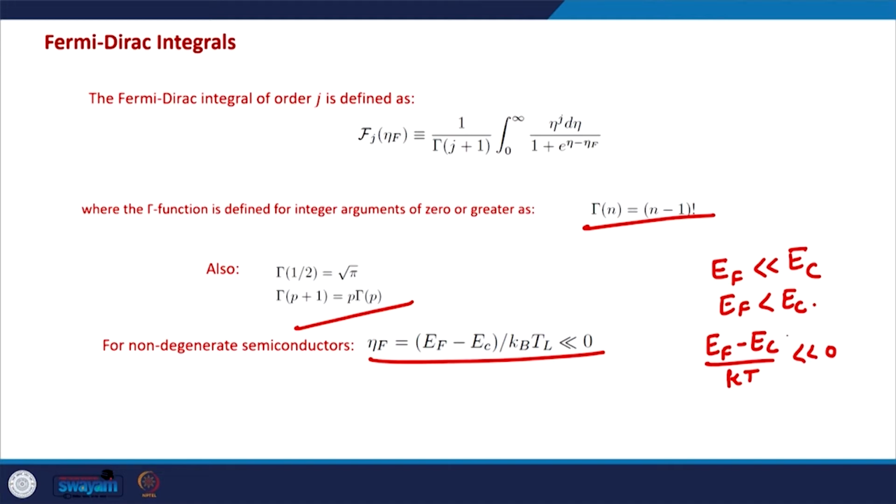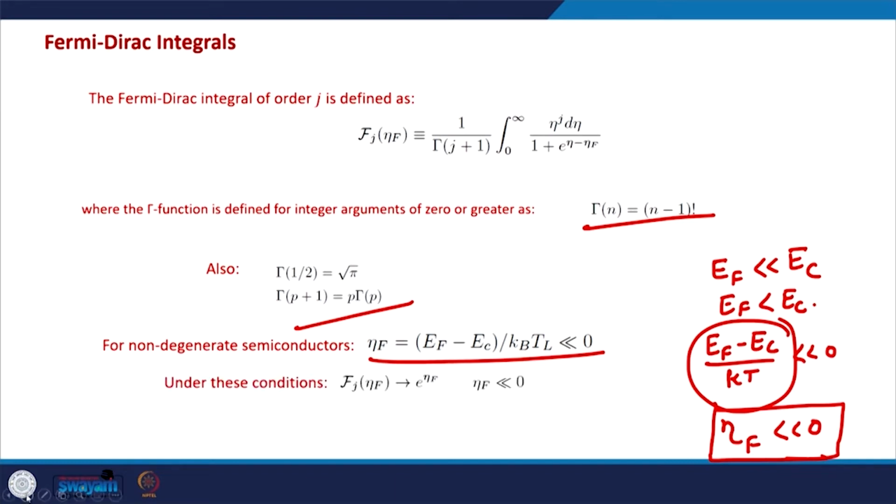And if you remember, this is what the parameter eta f is. So in non-degenerate semiconductors, generally eta f is quite small, it is a negative number, less than 0,